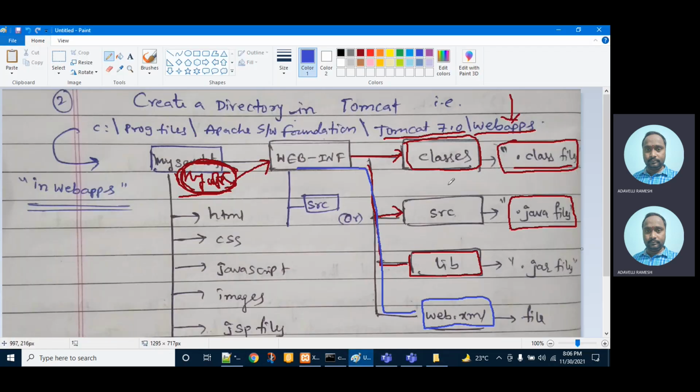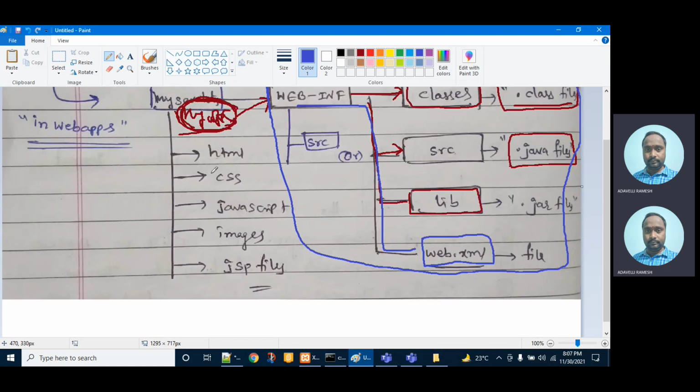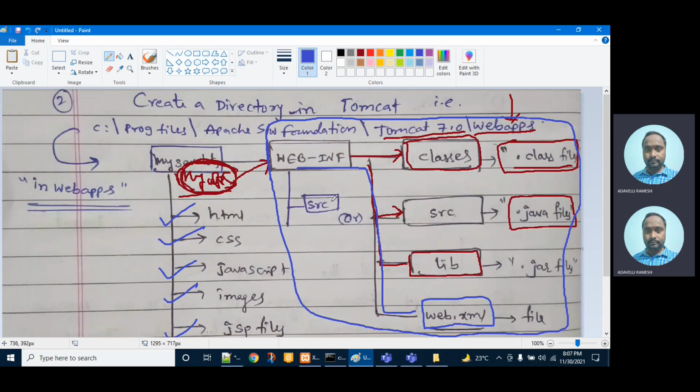So if you go back to this structure, this is the total information required by your web server, that is the servlet container. Other than this, any of the HTML files, JavaScript files, images, JSP files, CSS files, all should be placed in your my apps folder. So this project structure is very important when you are executing a server side program. Inside web apps, you have to go with my apps, and continue this structure.